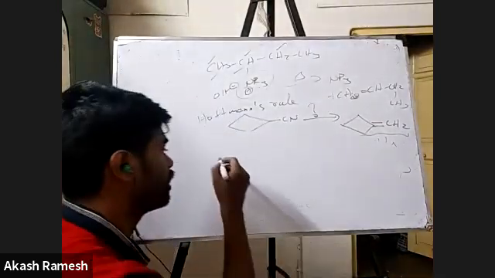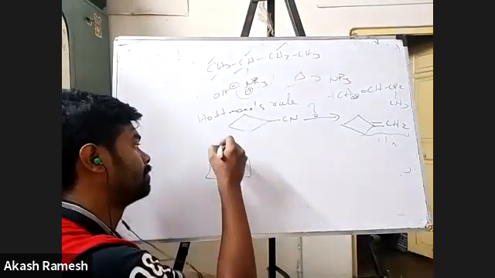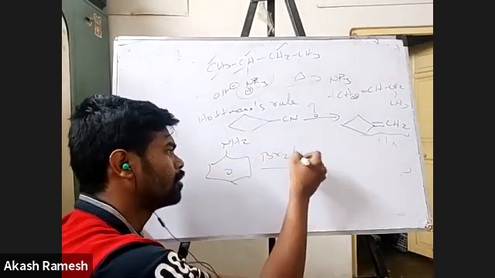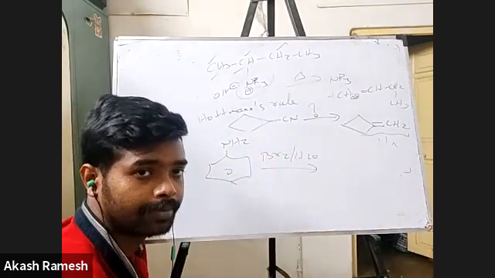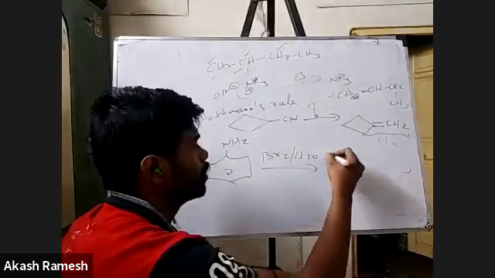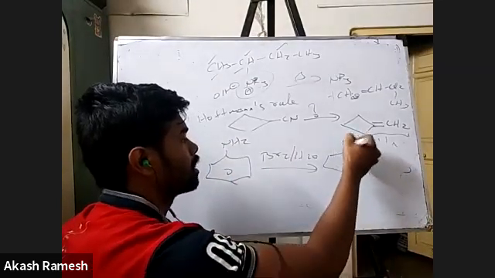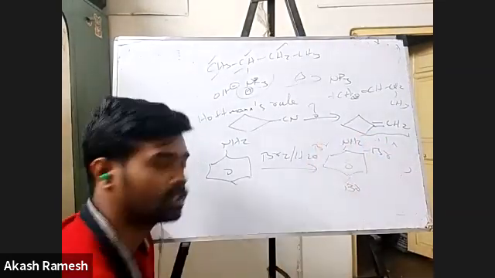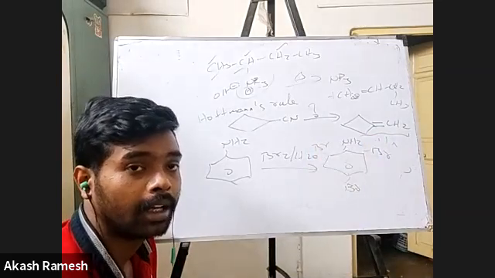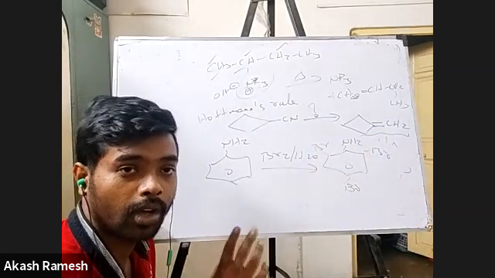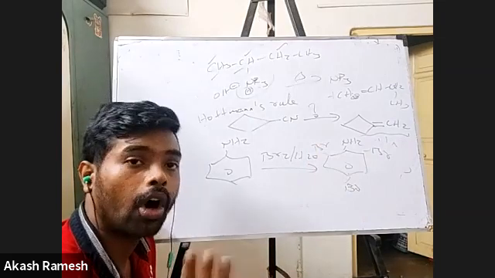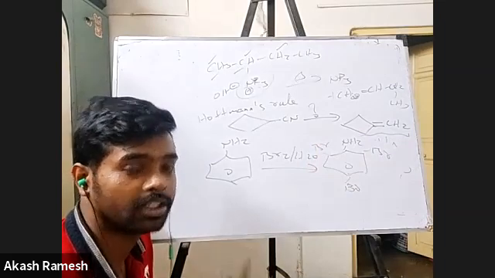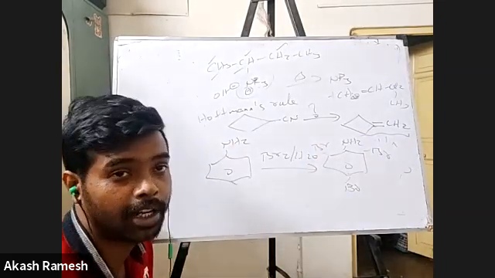For example, if you have aniline, you don't have to put anything. It's very strongly activating that even if you put bromine water, you will be forming a tri-substituted aniline. One Br, another Br, and another Br. This is what you're going to have, right? It is not going to end up with one para, one ortho. All the ortho and para positions are occupied by Br, because NH2 is a strongly activating group.